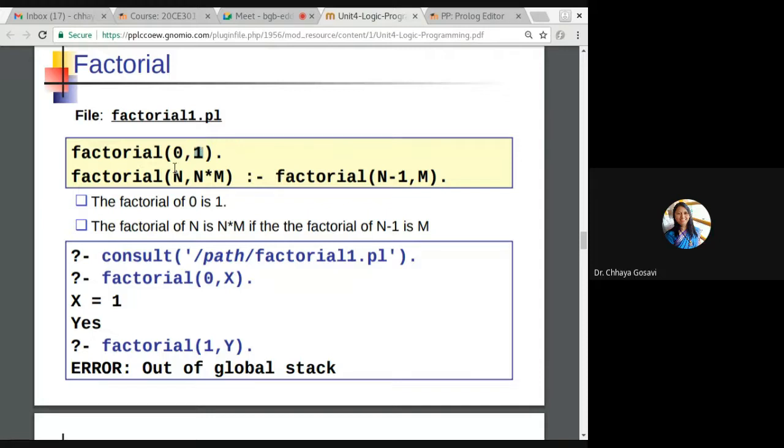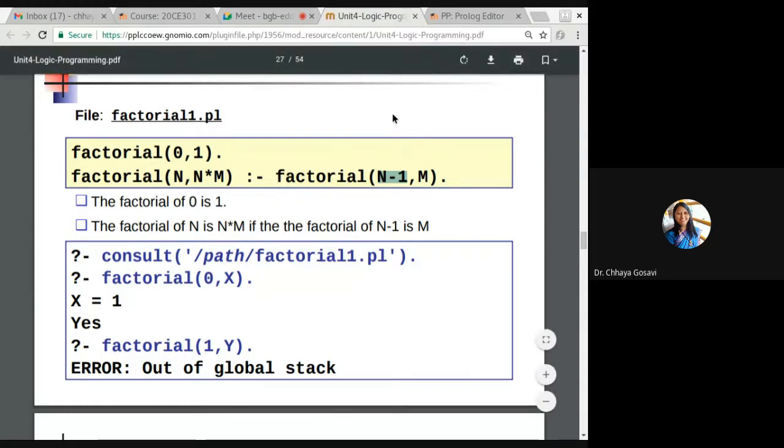And factorial of n is n into m. Now what is m? n minus 1 is m. Every time, I am doing n into m, calling the factorial again with n minus 1. So factorial of 0 is 1, and factorial of n is n into m, if factorial of n minus 1 is m. This is how we can read it.